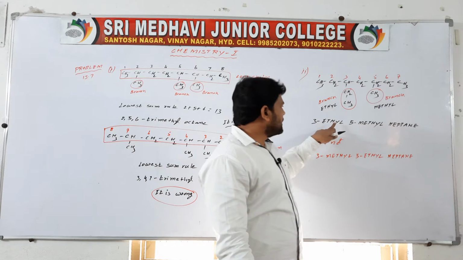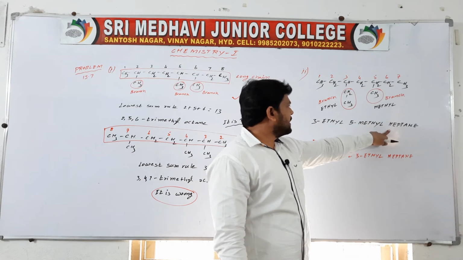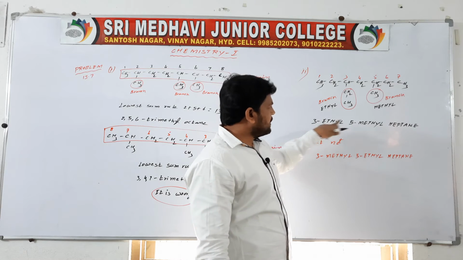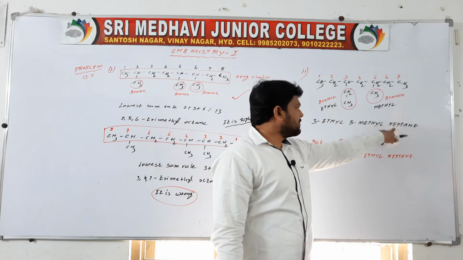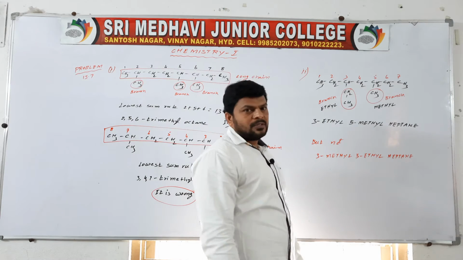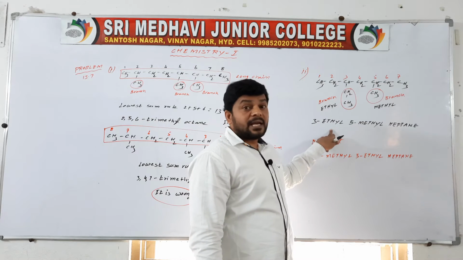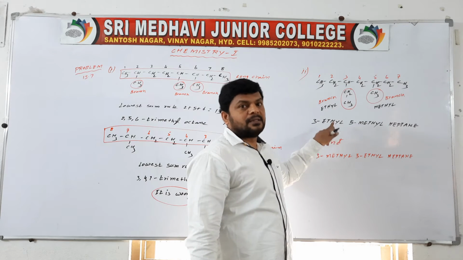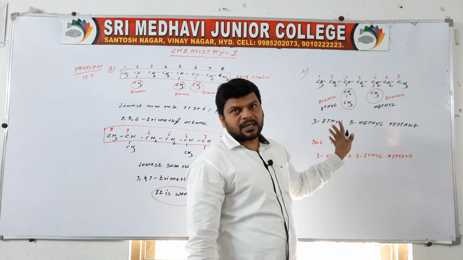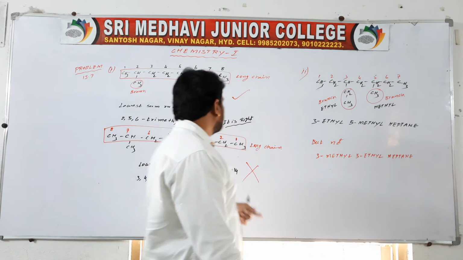Okay, so this is a secondary suffix, and these two are prefixes. This is the way we have to write. These two are the same functional groups, but ethyl comes first in alphabetical order, that's why we are giving preference to this. So numbering left to right is right. Okay, so this is the way.